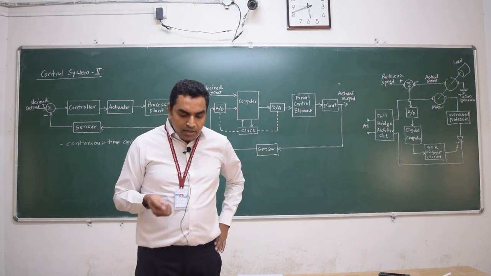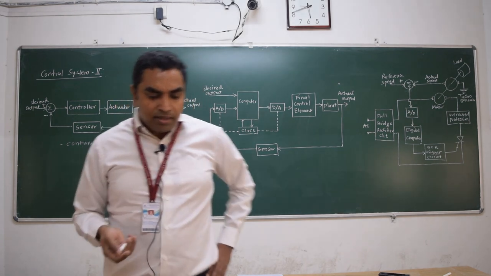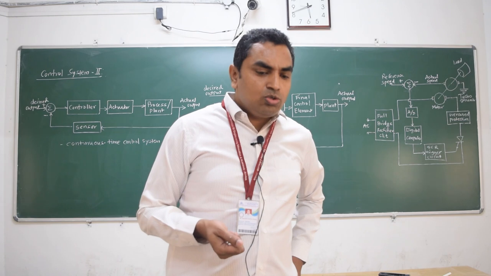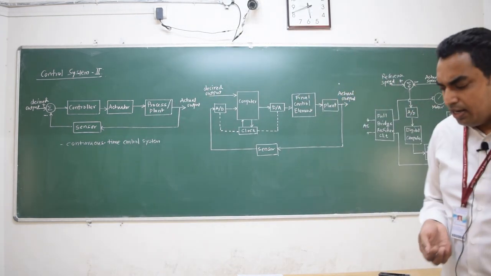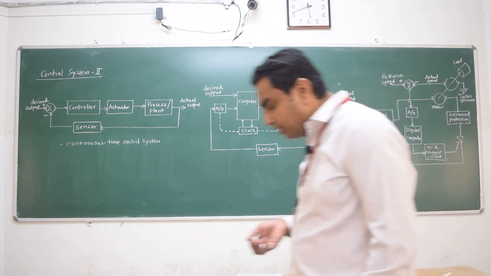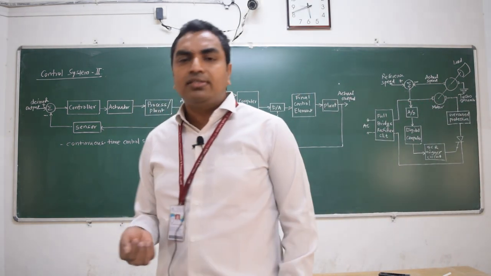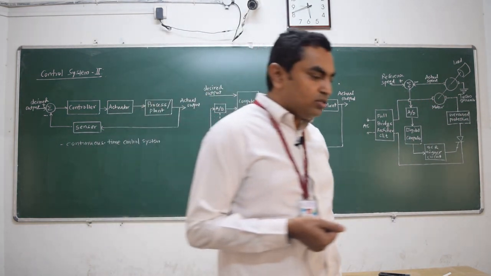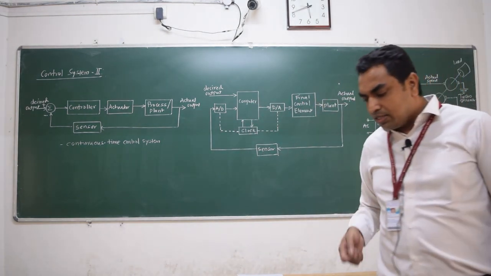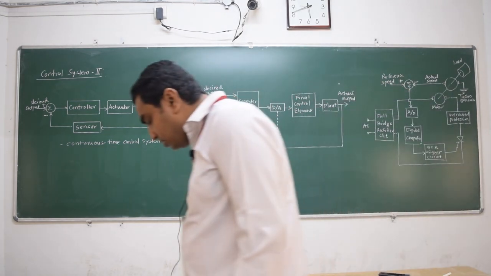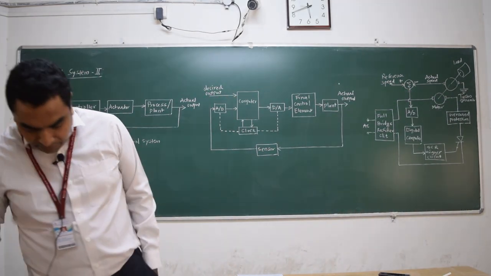But here in the third unit we will talk about the methods which we will use to determine the stability of the discrete time system. After discussing topics in the discrete time system or digital control system, we will go back to continuous time system, and there we will discuss the state space method for the stability analysis.